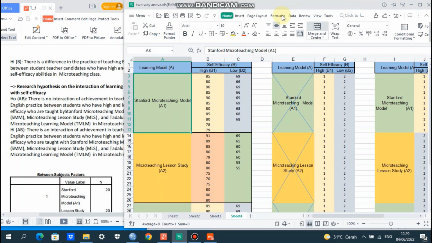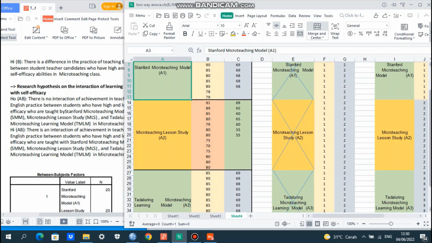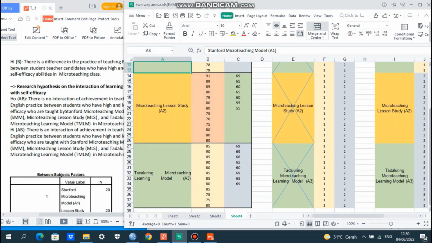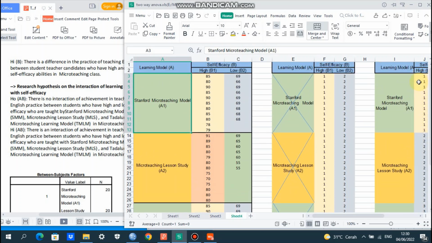Okay, so here we have the learning model, factor A, and the learning model has 3 levels: Stanford micro teaching model A1, micro teaching lesson study A2, and Tadaluring micro teaching learning model A3. And we have self-efficacy, which has 2 levels, high and low.